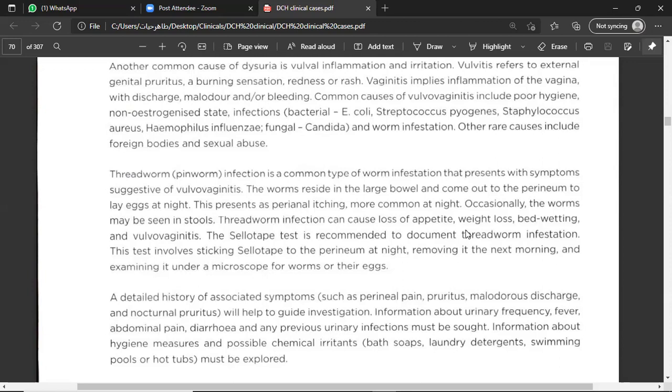A detailed history of associated symptoms, such as perineal pain, pruritus, bad smelling discharge, and nocturnal pruritus, will help to guide investigation. Information about urinary frequency, fever, abdominal pain, diarrhea, and previous UTI must be sought. Information about hygiene measures and possible chemical irritants such as soaps, laundry detergent, swimming pools, or hot tubs must be